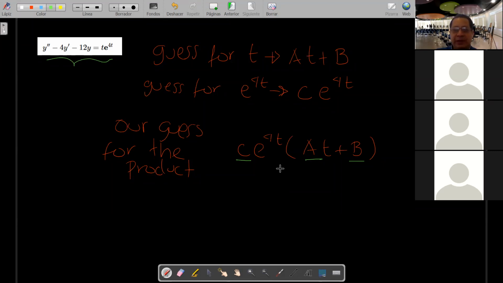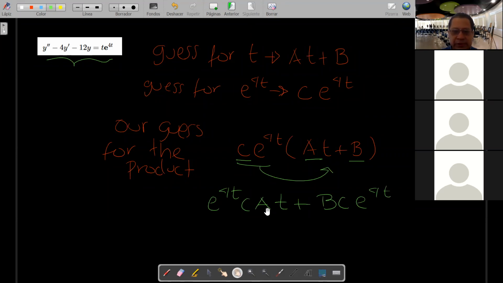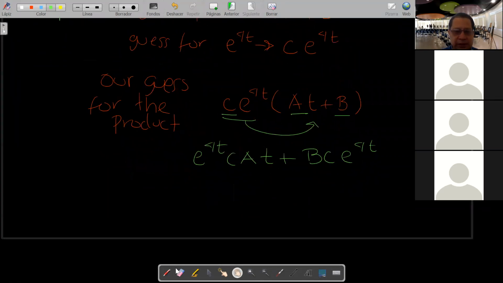So one better guess could be as follows. What if we multiply this term by these two terms? We are left with something like e to the 4t times c times a times t plus b c e to the 4t. Or just let's multiply just the c. So we are left with